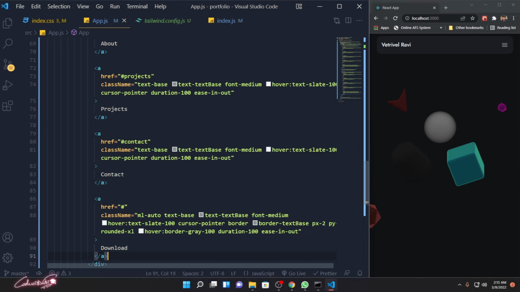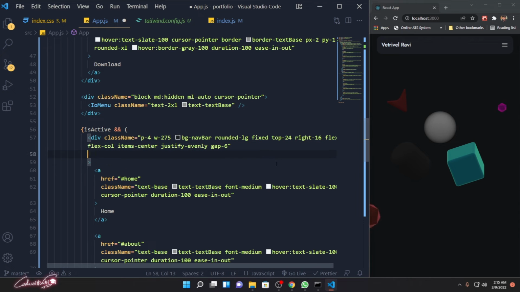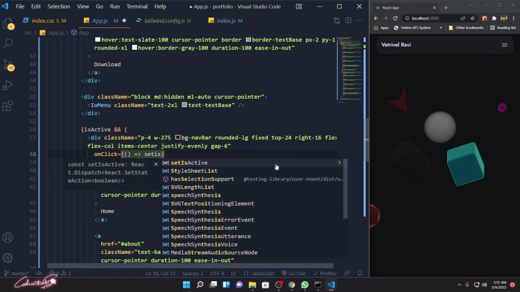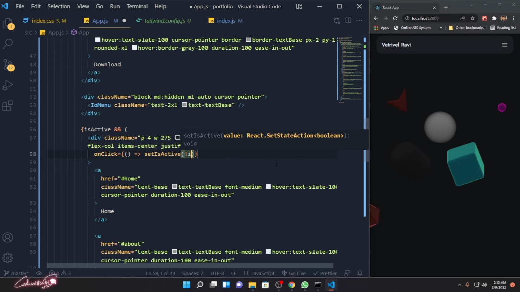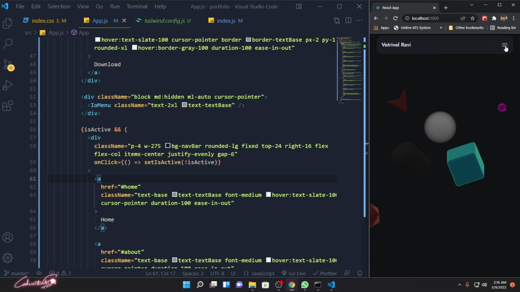So currently nothing will happen. What we need to do is add an onClick event for this division. On click, call a callback function, and set isActive to not isActive. If it is true, make it false. If it is false, make it true. So now it should work. Let's try. If you click it,